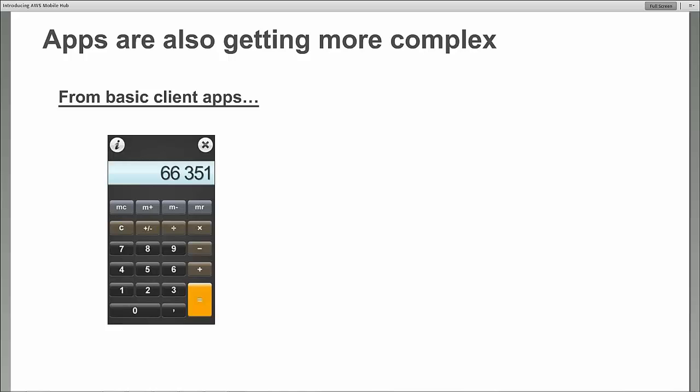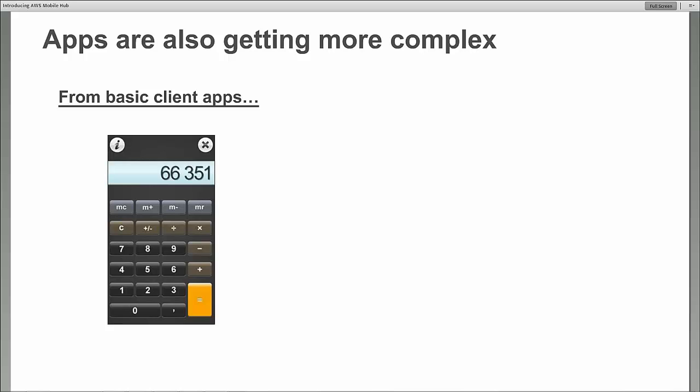And the apps are getting much more complex as well. From basic client apps that we knew, such as the simple calculator app, and applications that could easily have been built as a web app and were in fact for initial releases of OSs, to more sophisticated applications now that are very similar to desktop applications that we've known for many years. And the complexity of the apps has required more complex backends and more complex infrastructure. So with AWS, we've been part of that, servicing those backends.